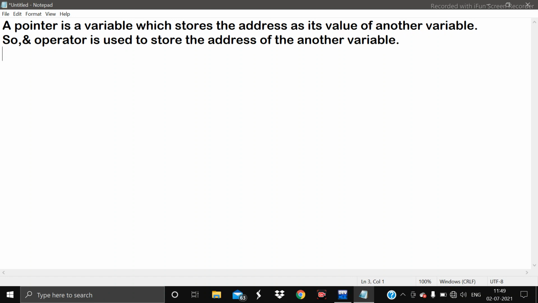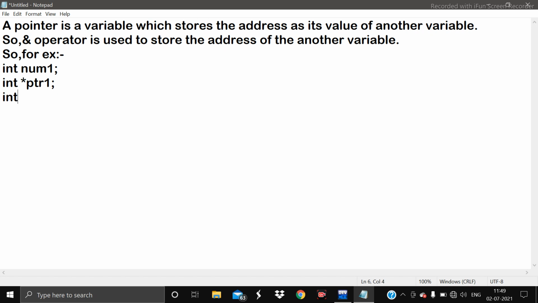Okay. So for example, let me declare a variable named num1. And the other one is the pointer variable, that is ptr1. We can name a variable as per the rules for naming variables, such as ptr1 or anything which we want.